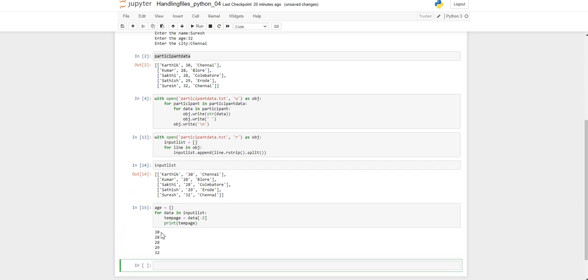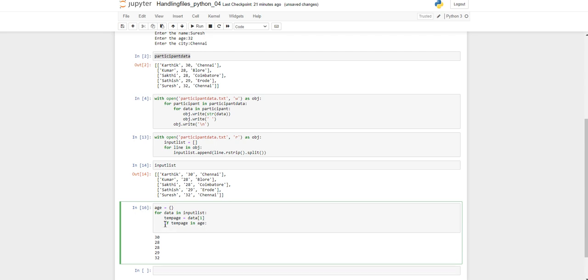So it is printing the second column, which is the age. I think I can give one as well. Yeah, both are the same. Now we will check whether this temp age, the one which we filtered, is part of the age dictionary. So we check if temp age in age.